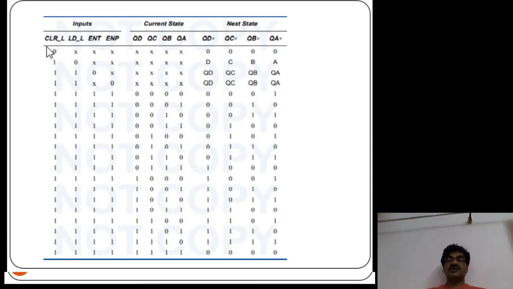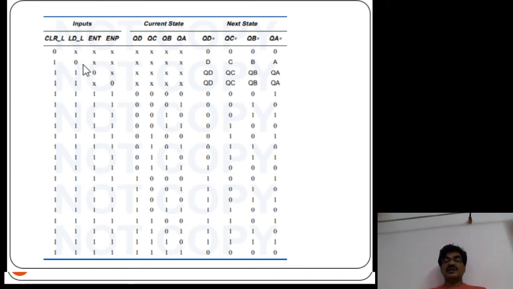If clear input is 0, whatever the other inputs and whatever the current or present state, the counter is simply in the reset state. Reset means all outputs at logic 0. If the clear is 1, then it checks the load signal.